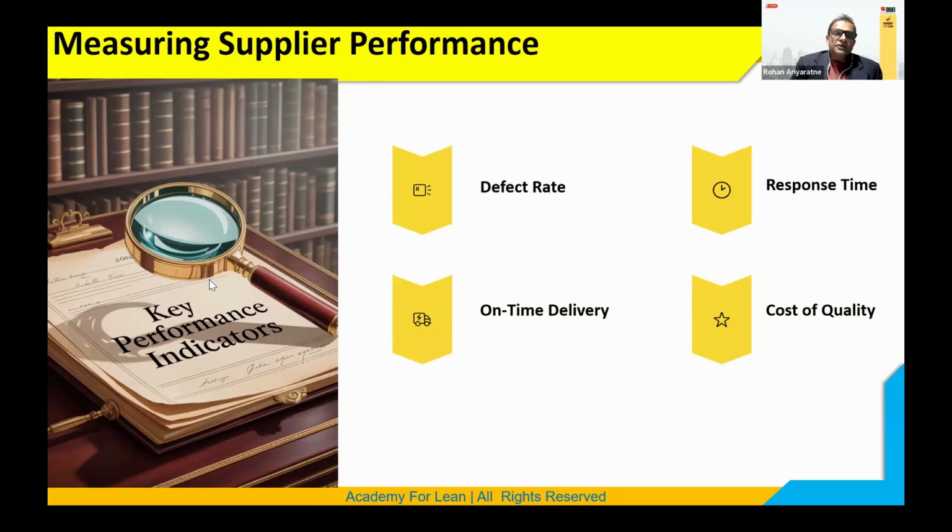So you have to measure their defect rate, what defects they are sending here, and based on that you can propose an error-proofing method, and implement projects to improve their concern areas. Then you monitor the defect rate, and you can also monitor response time, how they respond when you raise a concern, or when you voice out something to get information or detail, and how quickly they respond to your request or your point. And on-time delivery is the key. This is very important